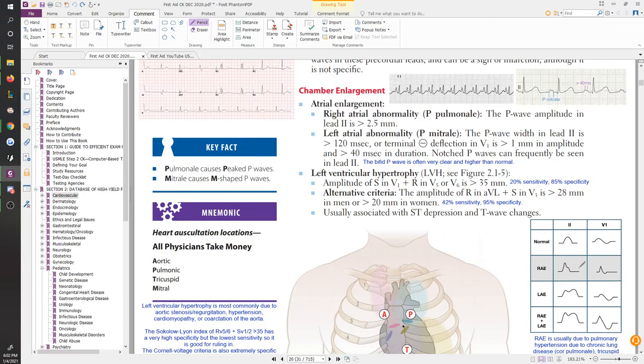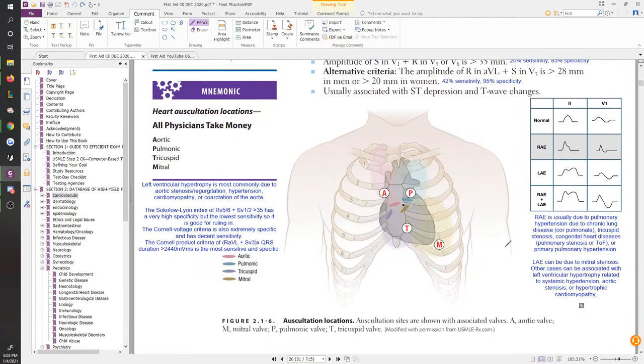But what you're going to notice is this is going to be too tall. It's going to be too tall. So the more concerning factor is how tall is it, right? If it's a very tall P wave, that's P pulmonale for right atrial enlargement. If it's an M-shaped P wave and it's not very, very tall, that's a left atrial enlargement. That's your P mitrale. Mitrale M, easy to catch in that manner. Okay, it's not so bad.